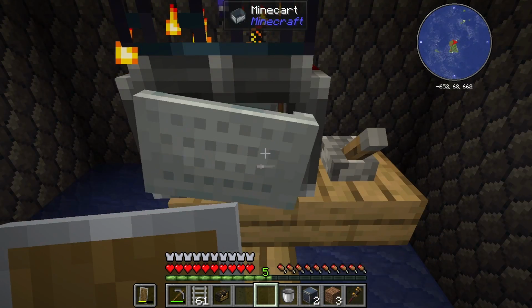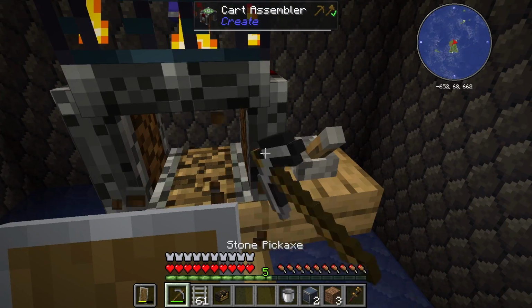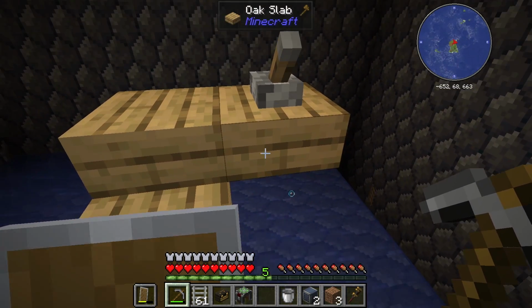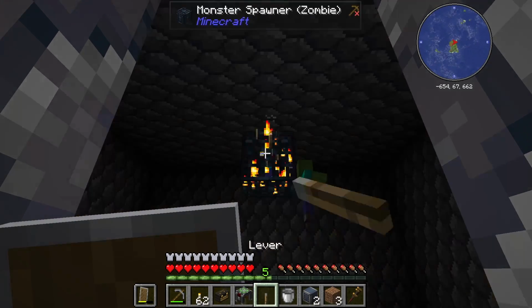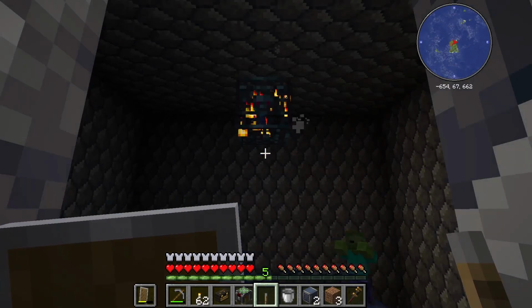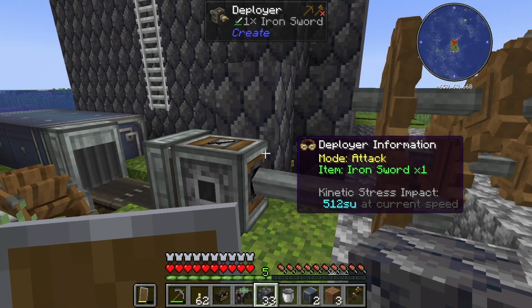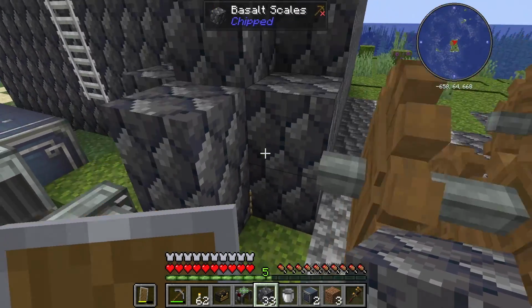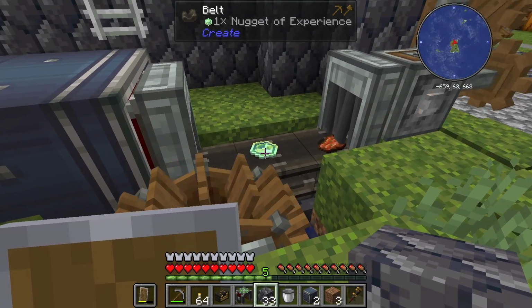Now we can break the minecart and the spawner should stay put. And it does. So now we can just break all this stuff and take it back with us again. And now we just break the torch and let it start raining zombies. That's what we want to hear, the sound of a zombie being hit. And what we want to see, of course, is this, the experience nuggets coming out of the deployer and going